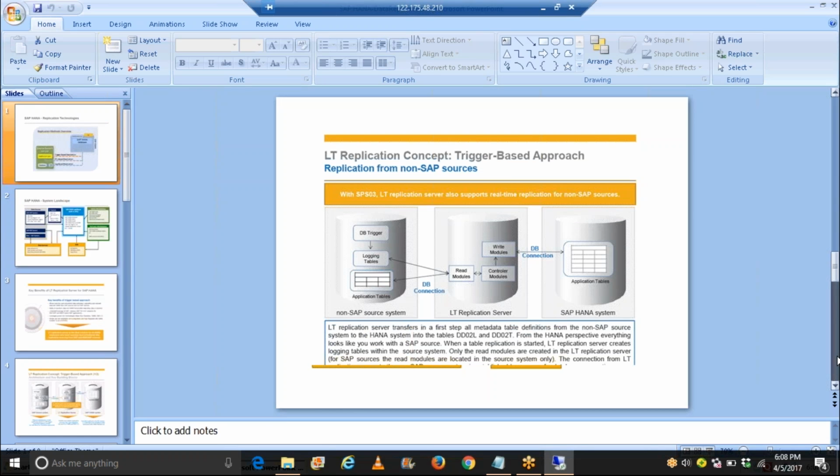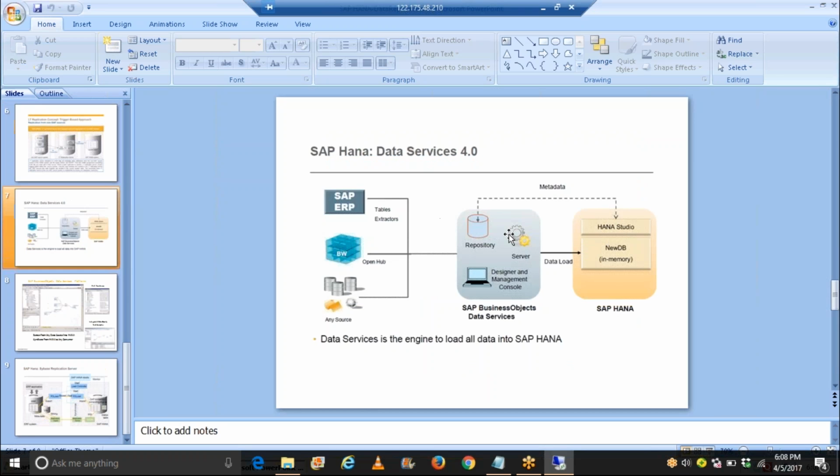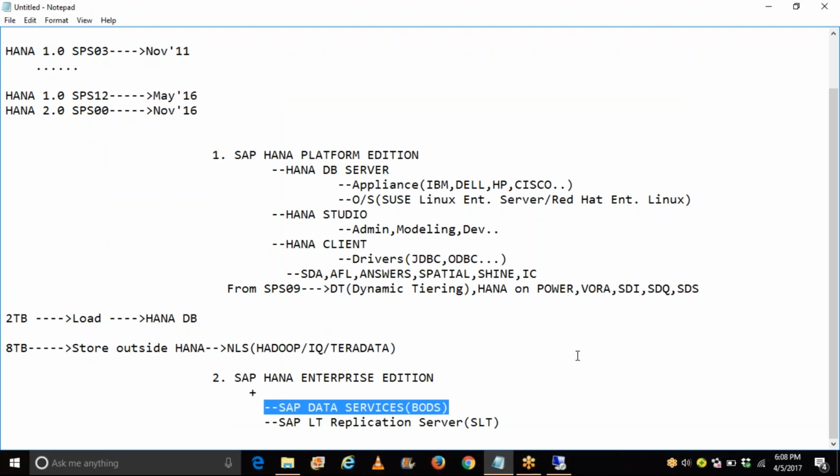If you see this diagram, you will understand it like this. You can observe that on the left side we have different source systems, on the right side you have the HANA database, and this is your Data Services. Data Services is one of the most popular, widely used ETL tools. It's a generalized ETL tool, meaning that